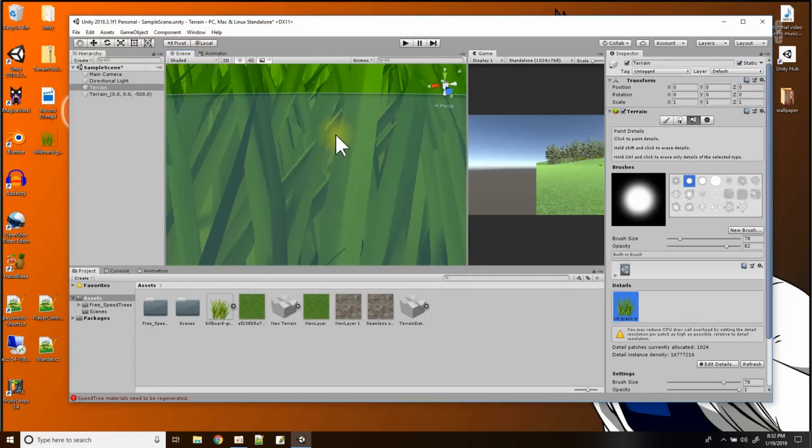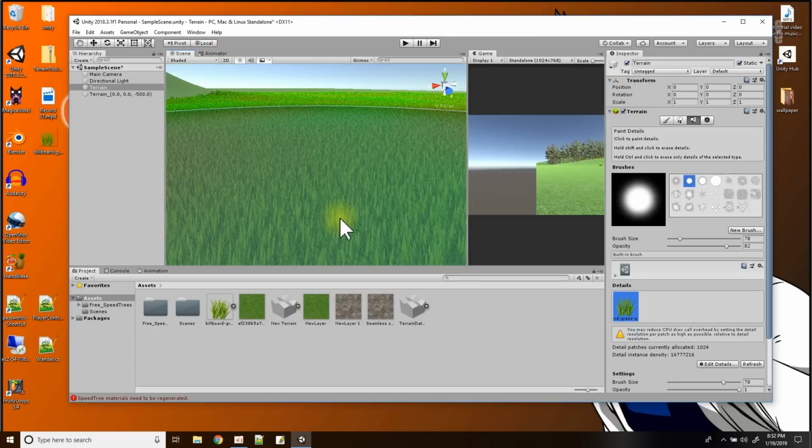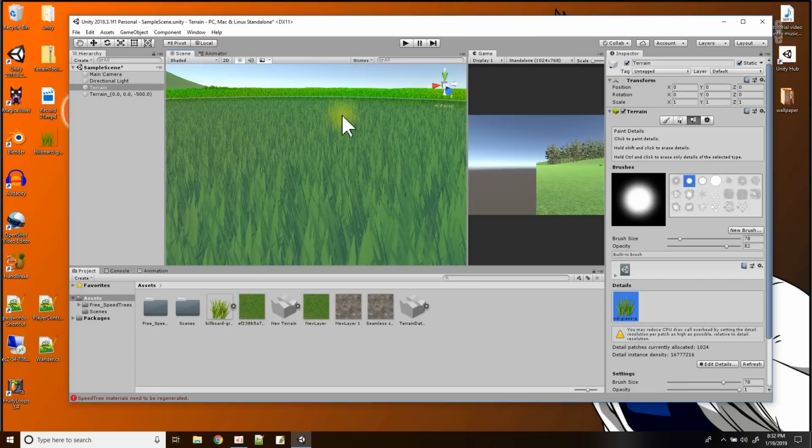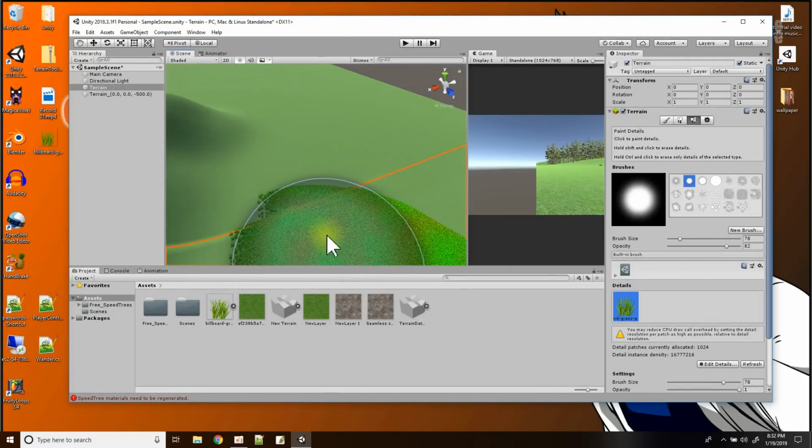So each of these grass blades that are drawn here, oh my God, there's so many. They are just this picture here drawn as a billboard sprite that faces myself. So we got a field of grass here. All right. And let's see what happens if I want to remove the grass,